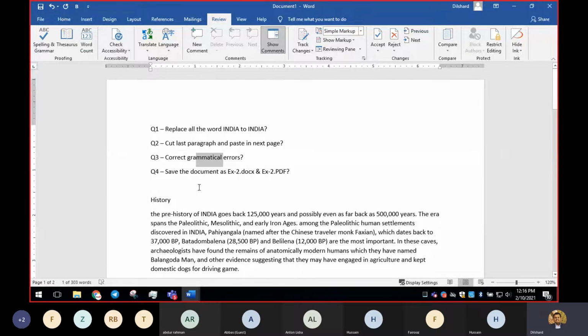Okay. Now, finally, they want the document to be saved. To save this document, we have to go to Save and use ex2. We'll use only the word ex2, or else we'll say ex2 completed. Since we have an ex2 source file, we're going to say ex2 completed. At the same time, they want our document saved as PDF.